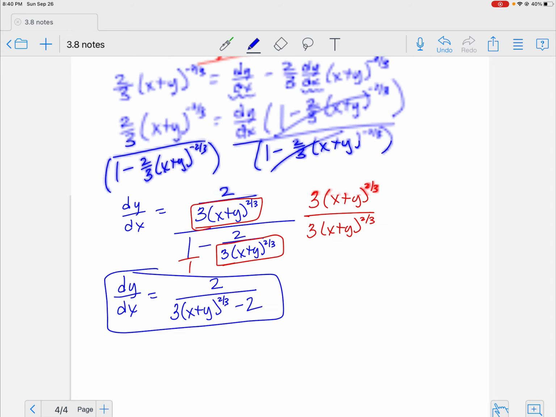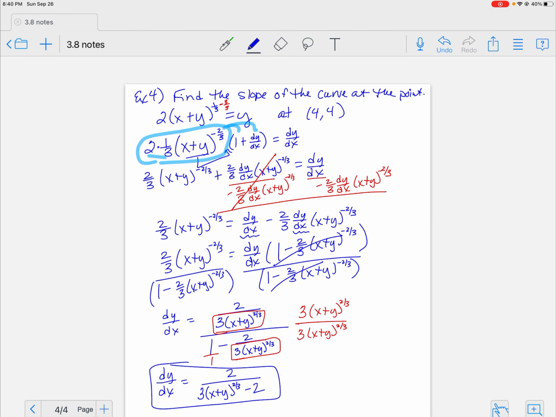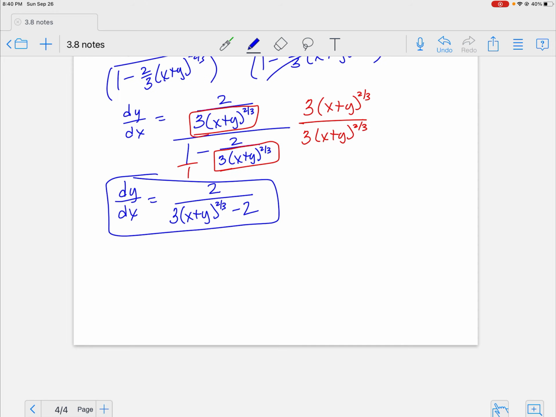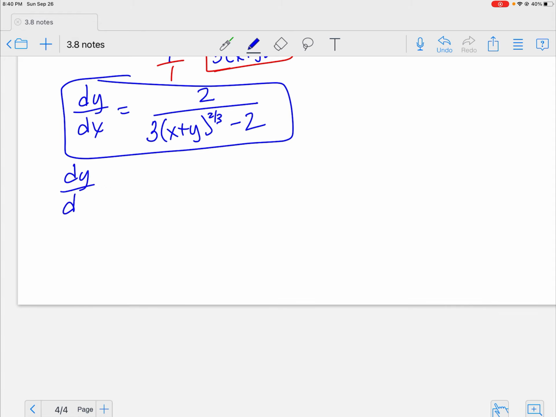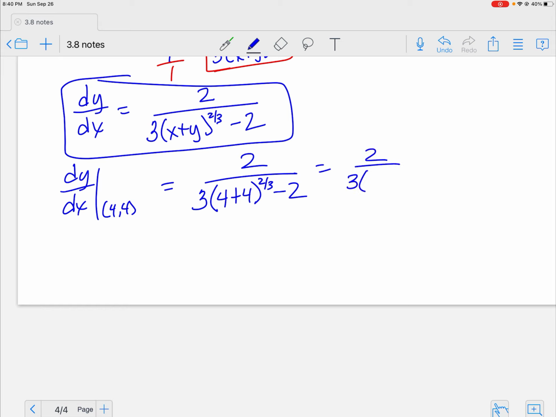Okay, now I've totally forgotten what we're doing. So let's squeeze it back down. Find the slope of the curve at this point, (4, 4). Okay, just the slope? No problem. We can do that all day long, right? I'm going to take dy/dx and I'm going to evaluate it at the point (4, 4). Okay. 2 over 3 times (4 plus 4) to the 2/3 minus 2. Okay, just plug that in. 2 over 3 times, now remember what 2/3 is, right? 4 plus 4